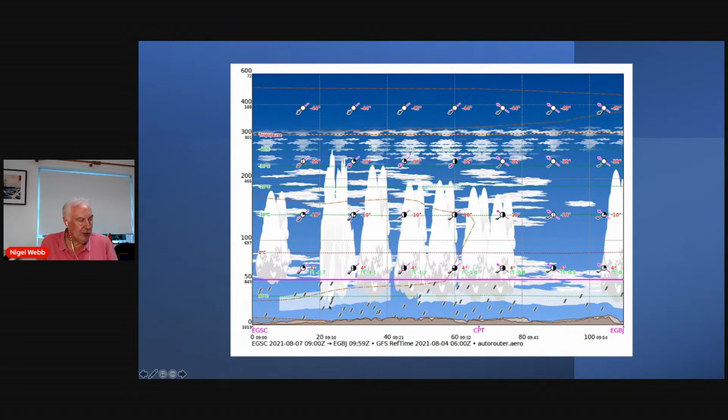So you might take off thinking stratus, that's really good, not much turbulence there, and all of a sudden actually you find yourself in cumulus clouds you never saw because the stratus stopped you from seeing them. And at 5,000 feet, 50, you're right in the middle of the bases of these clouds. You're going to get bounced around really quite horribly at 50. And in fact, you're probably not going to break out until you get to about a quarter of the way between Compton and Gloucester, at which point you're going to be in clear air, stratus clouds beneath you,